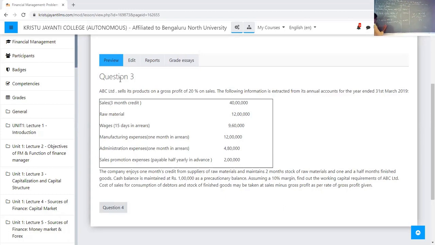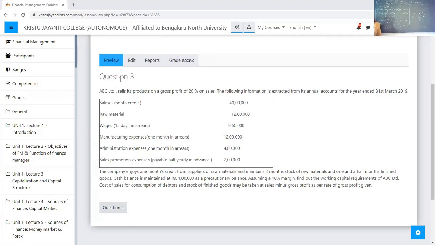Advance payment made. Payment on sales is how much? How much have I paid? I've paid 2 lakhs. And how is this 2 lakh paid? Half yearly. So how will you divide? 6 by 12 or 1 by 2, whatever. So 2 lakhs is our advance payment, and it is to be paid in 2 installments, that is half yearly. So I've done 6 divided by 12, or you could otherwise do 1 by 2 also. So this comes to 1 lakh.